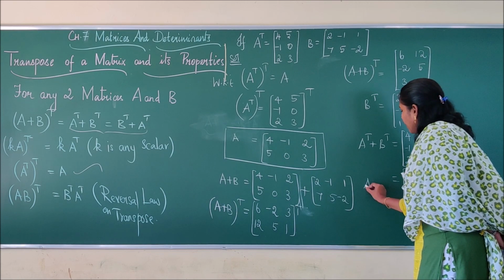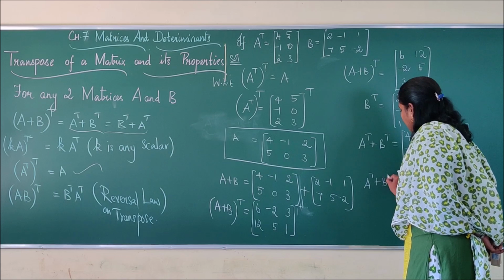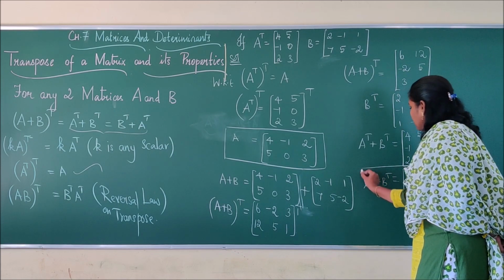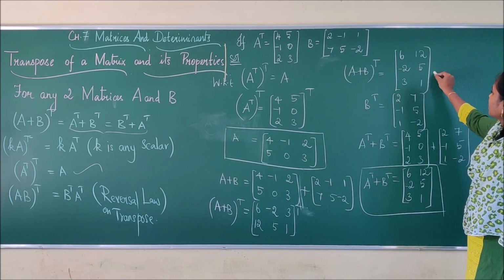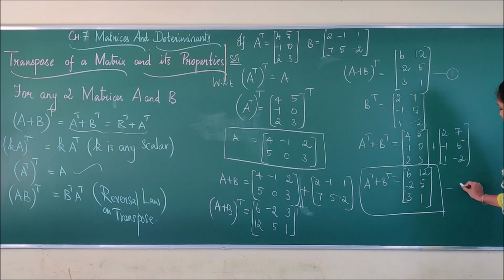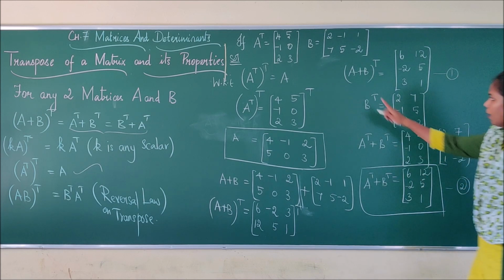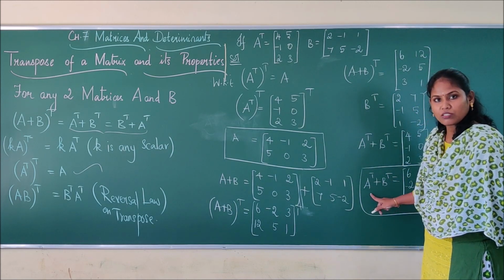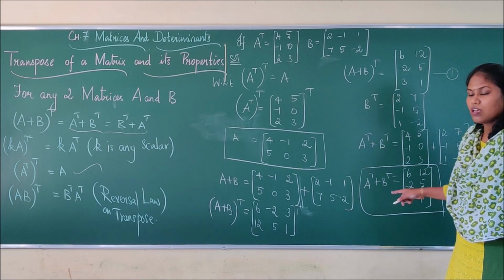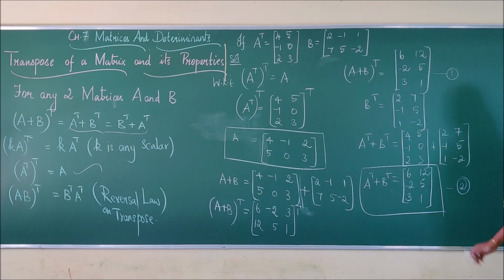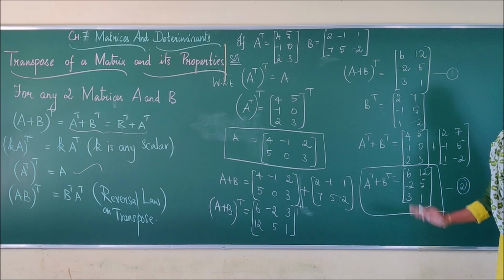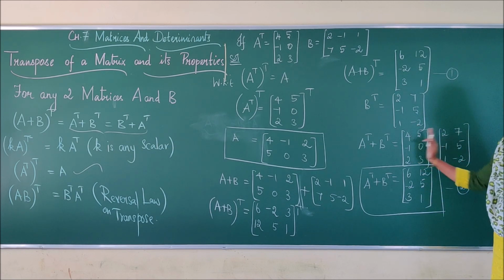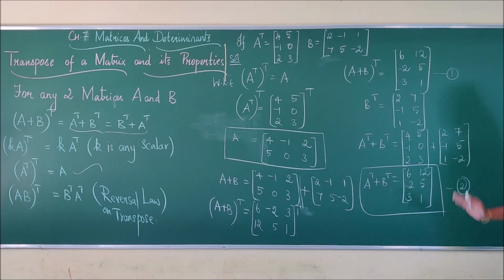So this is why A transpose plus B transpose. Look at this. This is my equation 1 and this is my equation 2. From 1 and 2, you can conclude (A plus B) the whole transpose is equal to A transpose plus B transpose. When we add B transpose plus A transpose, the thing we are going to get is the same, because the place will be changed but the values are not changed. So we will be getting the same value as A transpose plus B transpose.